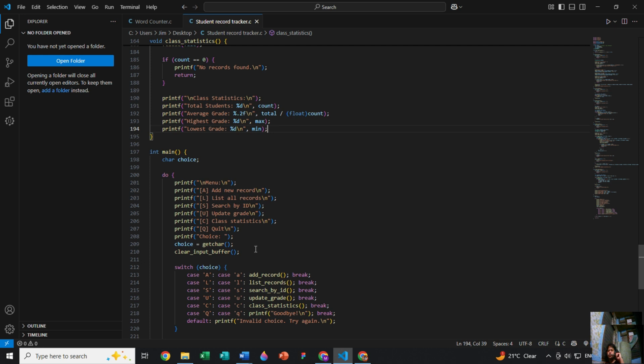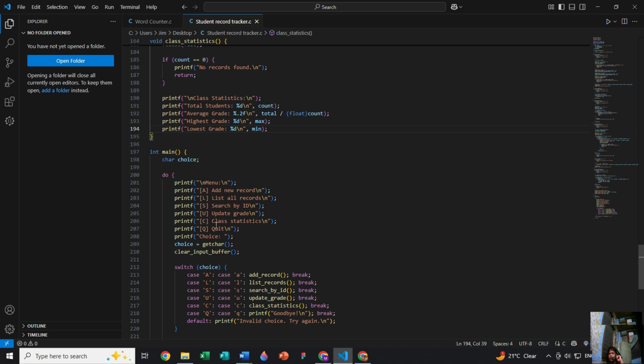Now, for the main function, basically the menu printf, these will be the prompts. Whether the user wants to add a new record, list all the records of the current students within the system, or search for specific students by ID, using their ID to find out their grades. They can also update the grades of said students by inputting the ID once they enter the update grade menu.